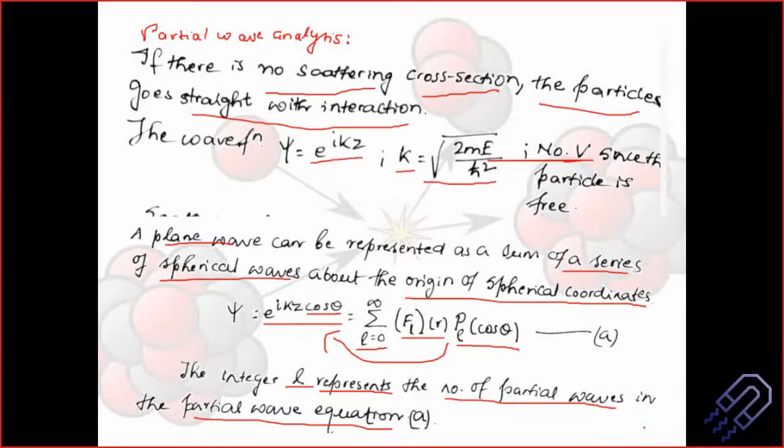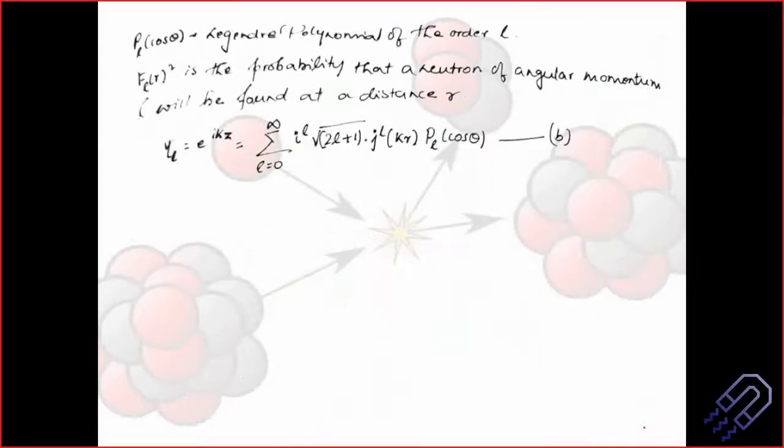That means the system has changed. So if you're disturbing the nuclei and changing it, then that is not the aim of the experiment. The aim of the experiment is what happens to the outgoing wave because of the nuclei, and that we study. So if there is no change, that means this L value will more or less be constant. Okay. So before we go to that, let me just tell you what is PL again. I think I've written it, Legendre polynomial of the order L.